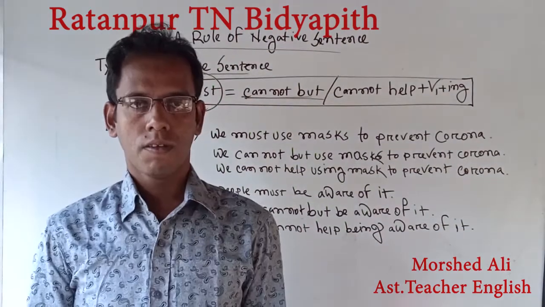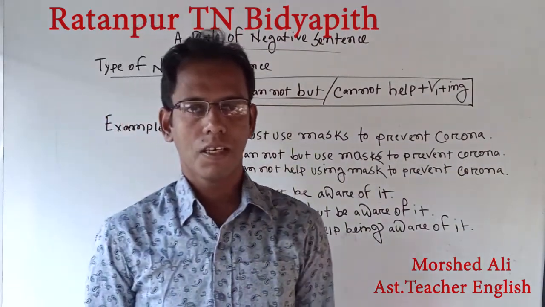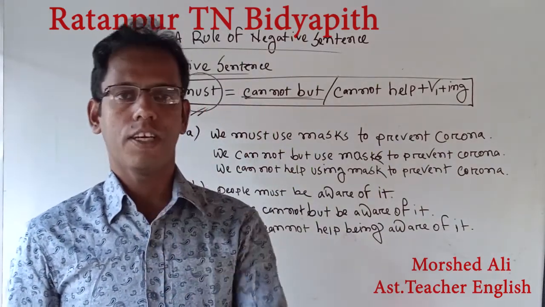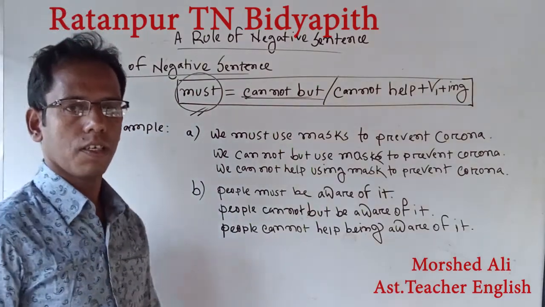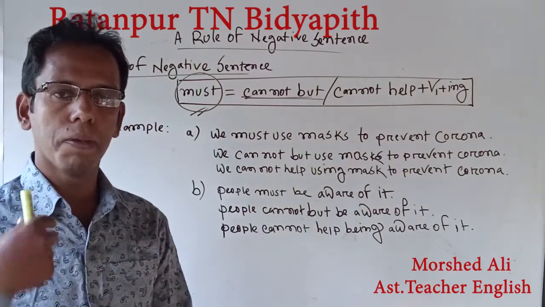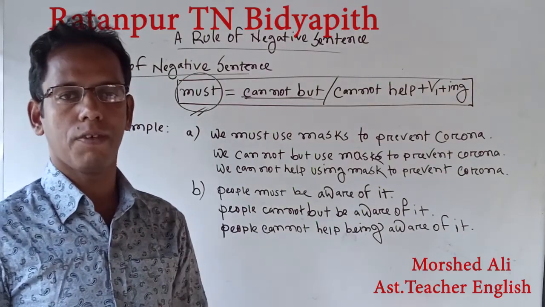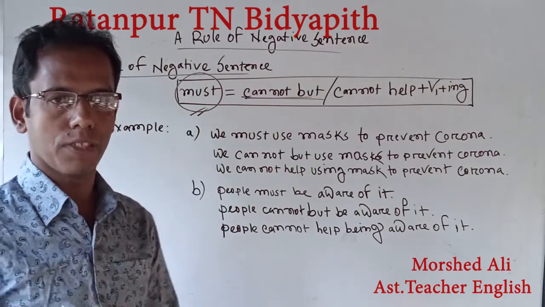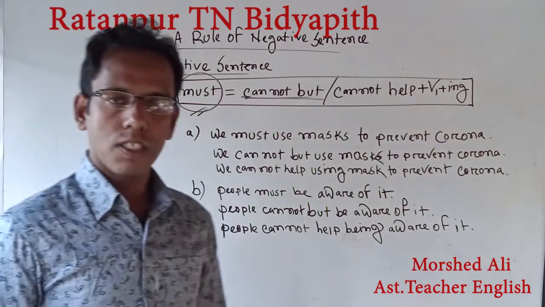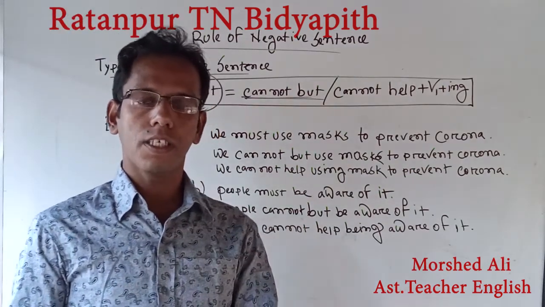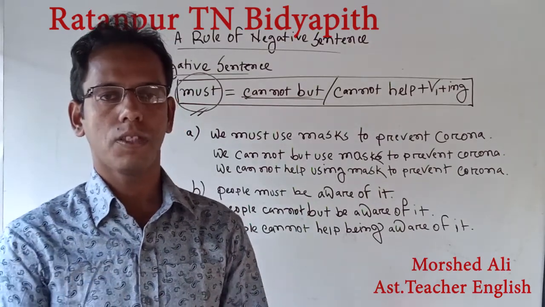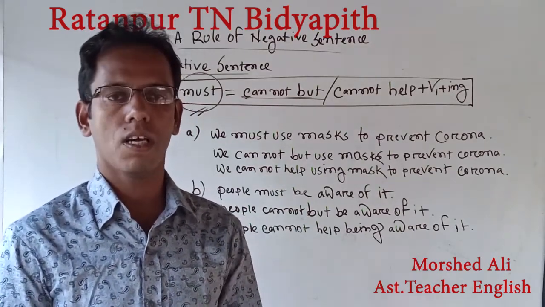Very key. So what have you seen on the whiteboard? I am repeating it. You have to first understand and realize this structure. Otherwise, it will be meaningless. That means you will not be able to answer the question of negative sentence as transformation of sentence. If we find must in an affirmative sentence, and it is told to make this sentence negative as transformation of sentence, then we have to use, in place of must, what is it?